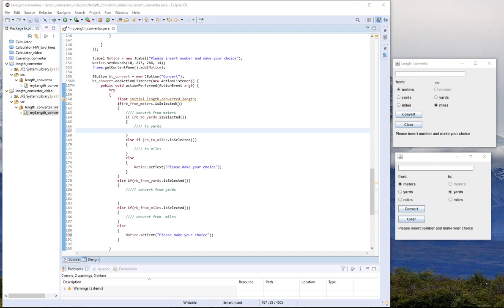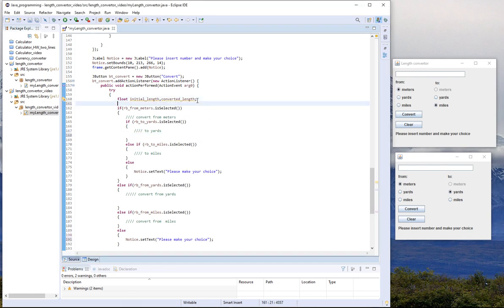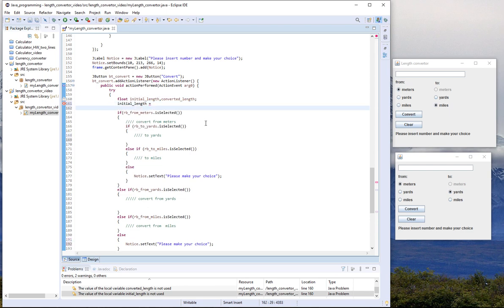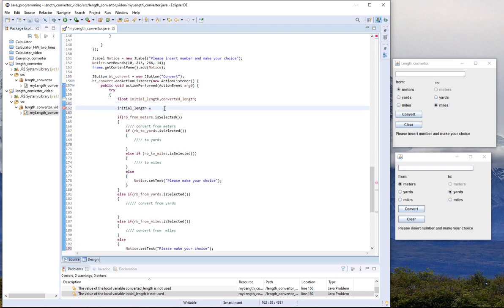So in order to do the conversion, the first thing I need to do before processing my comparison, I will need to get my initial length, isn't it? So what is my initial length? That initial length I am supposed to read from my text. And here I will add